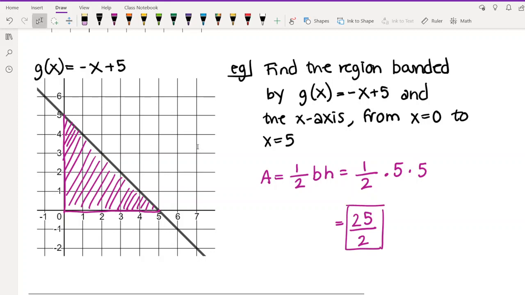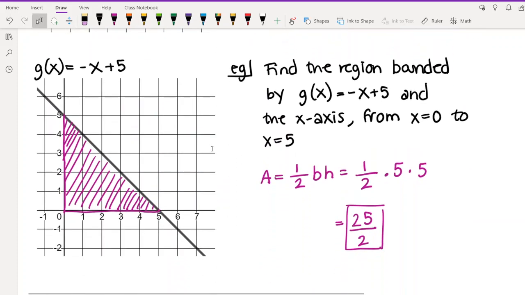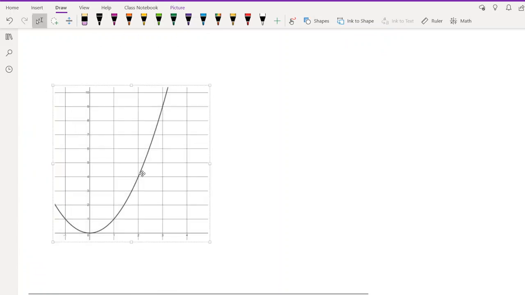So the examples we've done so far both were triangles and rectangles, right? So there were shapes that you can just use geometry to find the area of. For the most part, though, in this class, we're going to be working with functions that don't have quite as nice a shape. So let's say instead that we wanted to find the